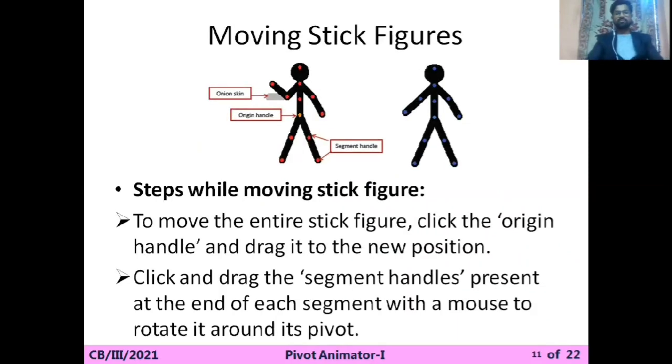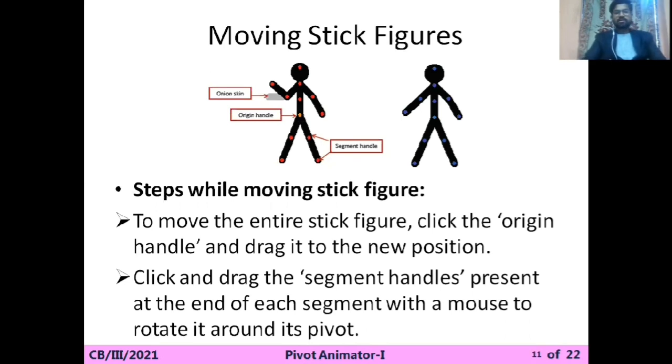Steps while moving a stick figure. To move the entire stick figure, click the origin handle. See, this orange color dot is called the origin handle. If you want to move the whole stick figure from one place to another place, you can hold that orange dot, meaning the origin handle, and